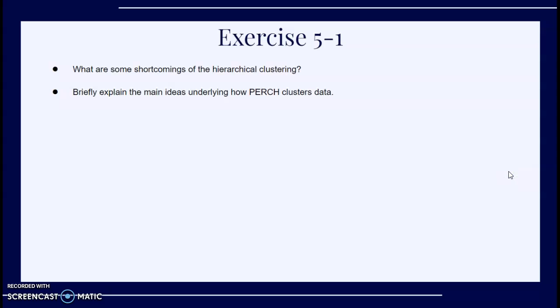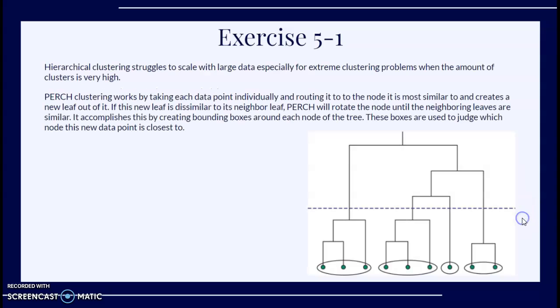So in Exercise 5.1, we were asked what are some shortcomings of hierarchical clustering and to briefly explain the main ideas underlying how PERCH clusters work. So hierarchical clustering struggles to scale with large data, especially for extreme clustering problems when the number of clusters is